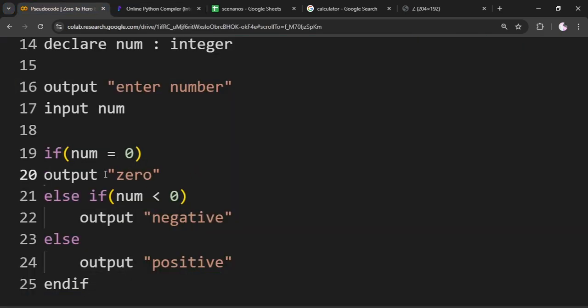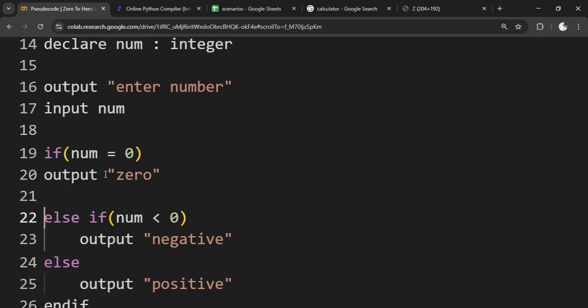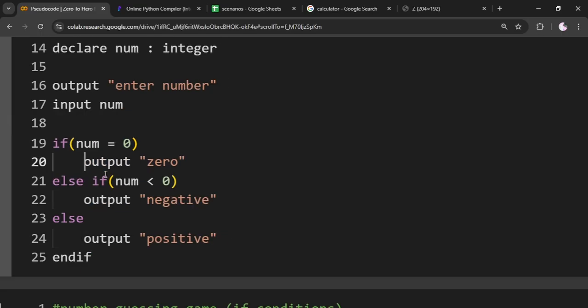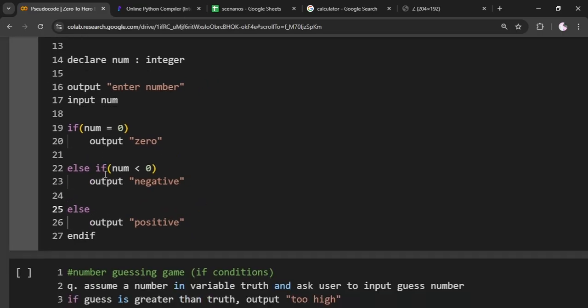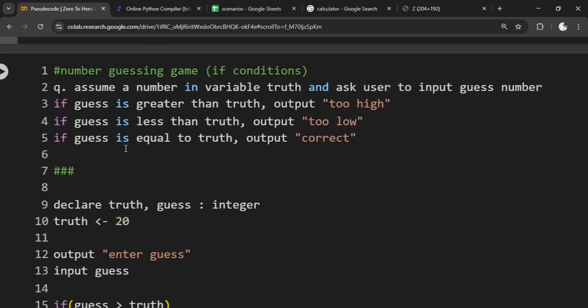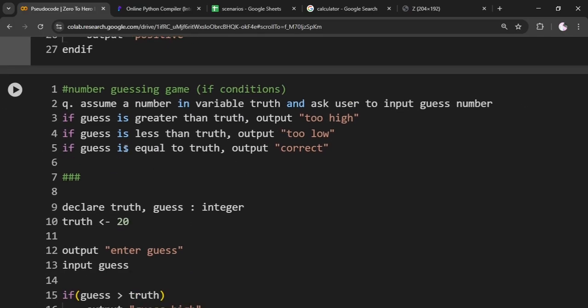If you unindent this output, you will lose marks for wrong syntax or wrong logic, because now you're saying that this output is not part of this if condition, which is not correct. And you can leave as many lines as you want. This actually helps in improving the readability of the code. Okay, then this is a program that we will be carrying with us. We'll build upon it incrementally so you can understand all the concepts that we're doing, and you can appreciate how each concept will complement the other one